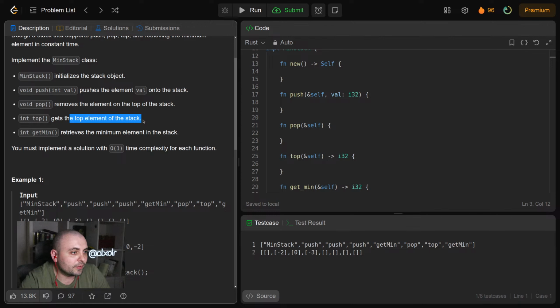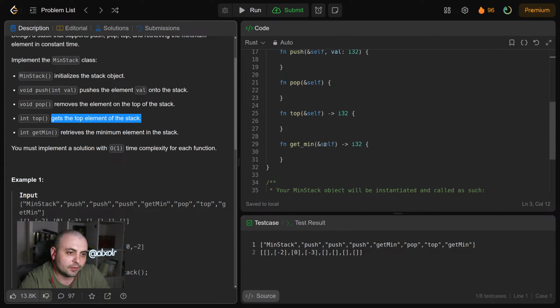Gets the top element on the stack. Okay, so getting the top element is fine. Retrieves the minimum element in the stack. That's a little bit trickier though, because if we are doing an operation with the min stack, get min,